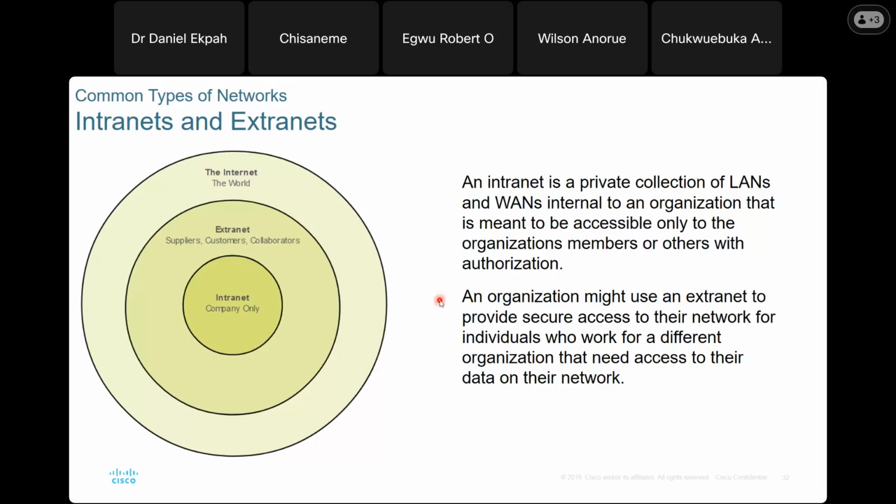Meanwhile, staff could also browse, but they were connected to a different network, and that network will be regarded as the intranet because connecting to it will give them access to files that need different permissions before you can access. But students will not have access to those files. So when we get deeper into this course, you will understand all these things better. So just get the point that the extranet is used for providing secure access to the network of a company or organization for individuals who want or need access to the data of their network.